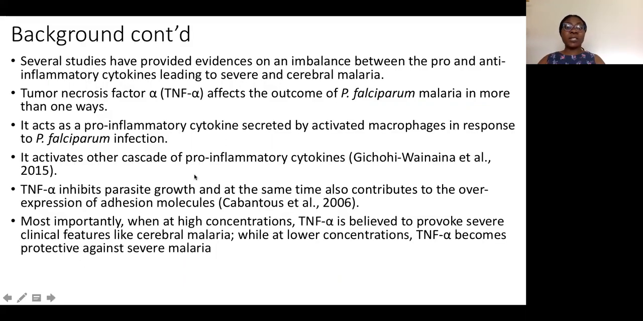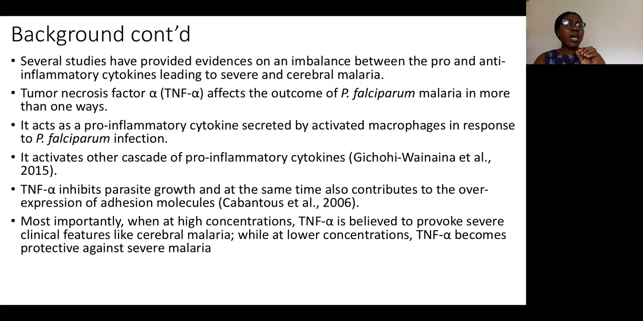We have different studies that have provided evidence on how some immune responses affect and lead to severe conditions. Now, we have what we call the pro- and anti-inflammatory cytokines. These are immune responses that determine how malaria infection progresses and what the clinical manifestation would be. This particular gene of interest I'm looking at, which is called tumor necrosis factor,